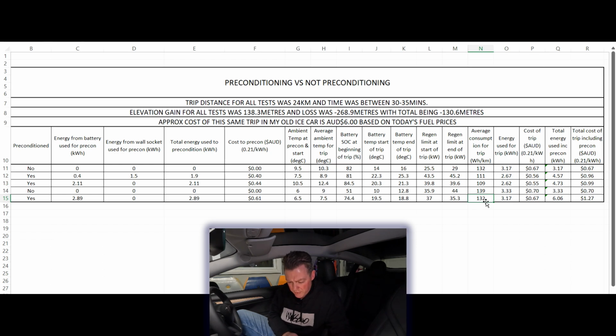But even the worst trip here, 139 watt hours per kilometer, is super efficient compared to a lot of other electric vehicles. So the Model 3 is such an efficient car. This is what I wanted to show you, that preconditioning is something that I do, and since I've discovered all this with this test,